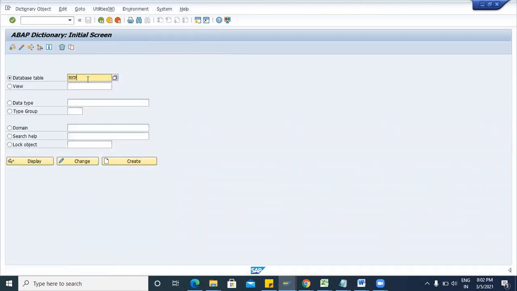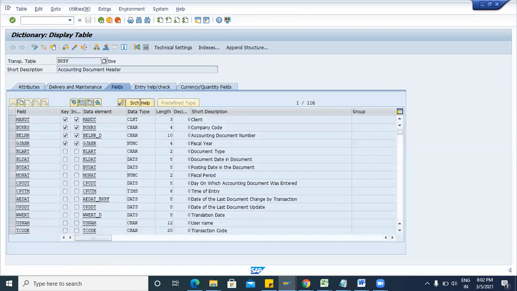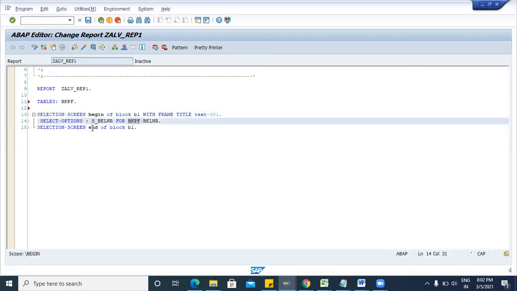Let me show you the BKPF table. This is for the accounting document header data. Here we are taking BELNR, the key field, accounting document number. So now I have declared this using the select-options keyword as S_BELNR FOR. So this is the syntax. You cannot write TYPE here, otherwise it will show you the error.